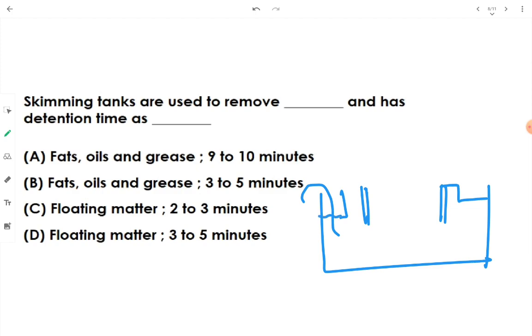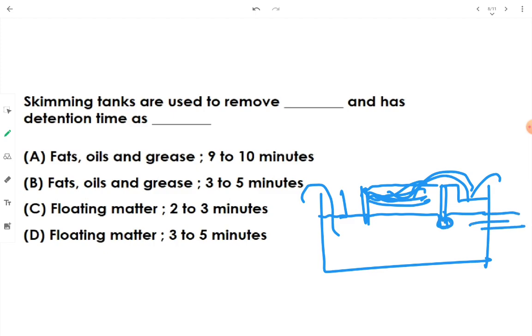All the wastewater gets collected over here and all the scum, all the fats, all the oils, all the greases come over here, they float over here, and from this drain all this floating waste goes in this drain, and after this baffle wall the wastewater proceeds ahead. What we are doing is simply letting all the fats, oil and grease come toward the top, and then when they come at the top, we simply remove it via a drain.